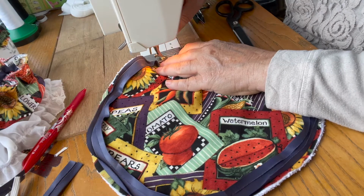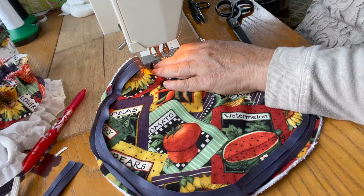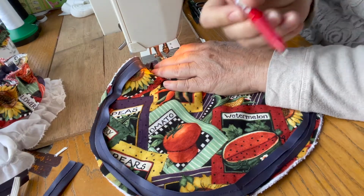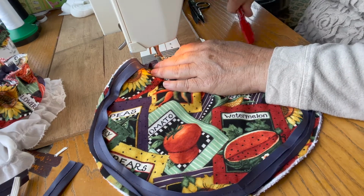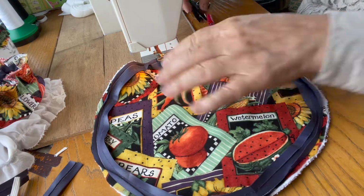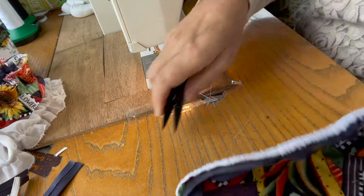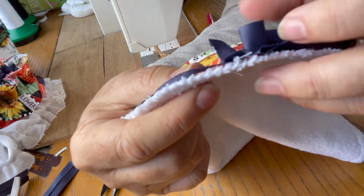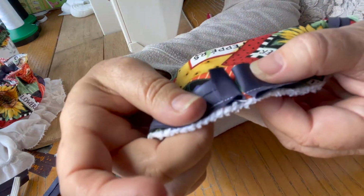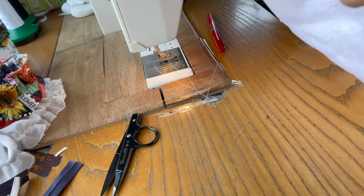elastic to go through. If you're ever nervous about your fingers, get a very pointy pair of scissors or a pen or something that you can hold underneath there. Go back over the beginning stitches just to anchor it nicely and pull it out and trim your threads. So that's how we've done the beginning. We've got these 2 pieces that have been folded over, and when we go back to the other side, you'll see it'll create a little hole for you to put